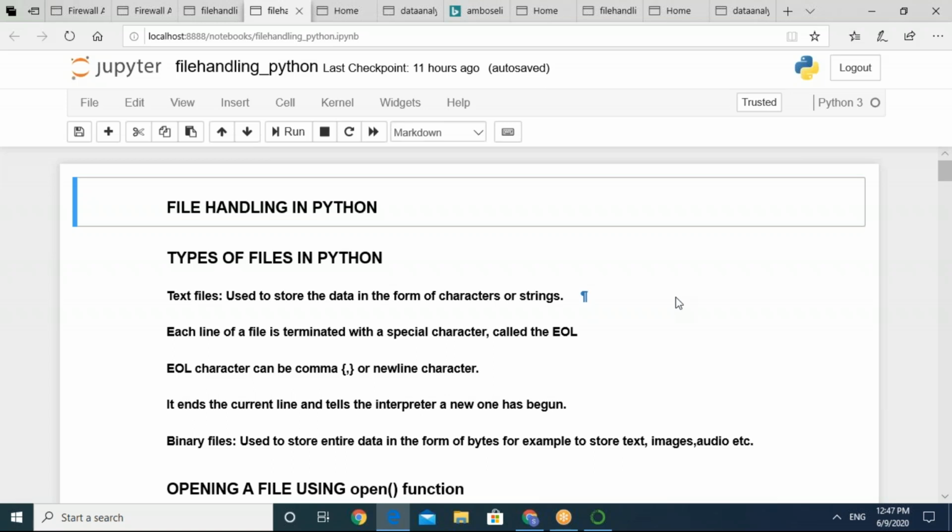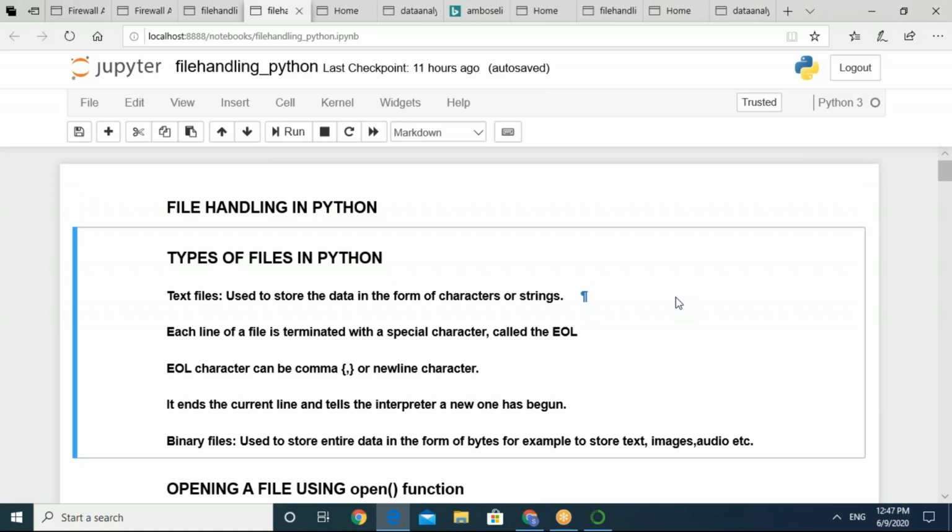In the first session, we started with file handling in Python, and majorly focused on the text file: how we can create a text file from scratch, either directly in Notepad, and later read it by using the r mode, or go for r+ mode. Similarly, we went through the significance of the end of line character.